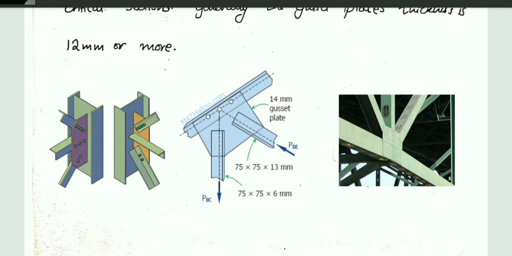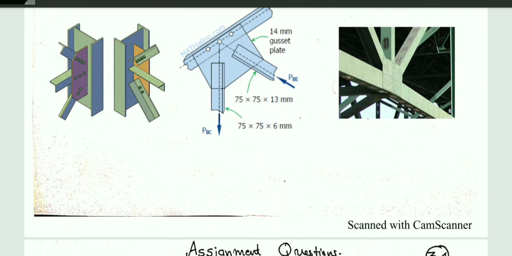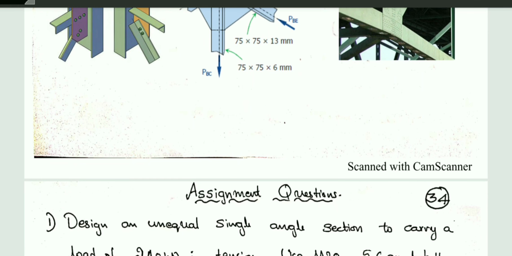Okay, so this is the end of that part. The remaining topic is slab bases or column bases, the foundation to column connections. Bases are remaining in this module number 4. It will be uploaded soon.